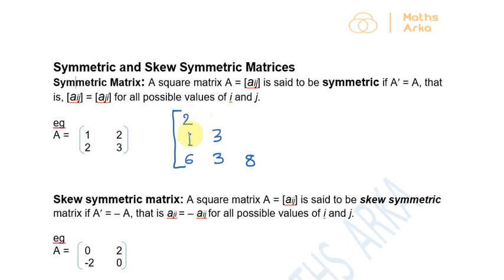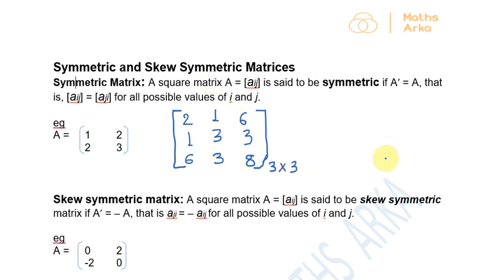If we suppose there is a mirror over the diagonal, then the number over here is an image of this, hence it should be 1. Now if this is 6, the image would be formed over here and that should be 6 over here. Here it is 3, the image also should be 3. So this is an example of a 3 cross 3 symmetric matrix, and this is what a symmetric matrix is.